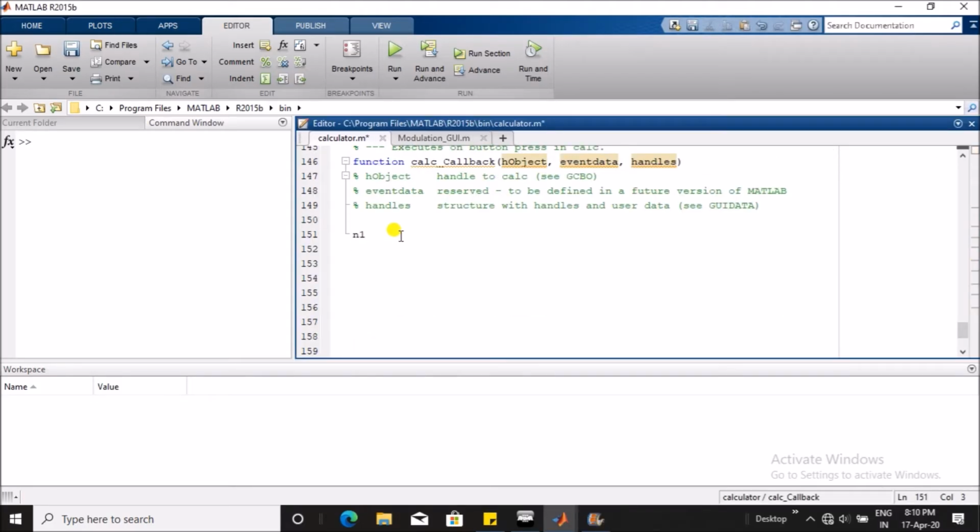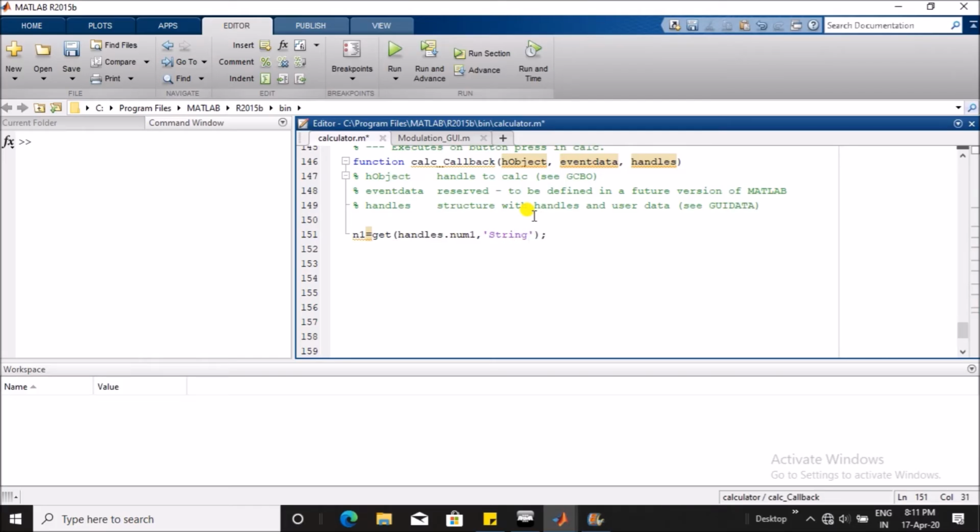Now let's take a variable n1, which will represent our first variable. Now type get. Get is a function which is used to read input from the text boxes. Typing handles.num1 specifies which text box is being read, and 'string' in the single quotes is the property which is being read.